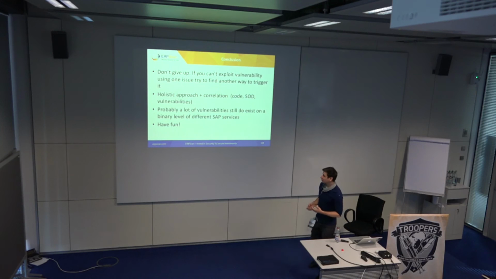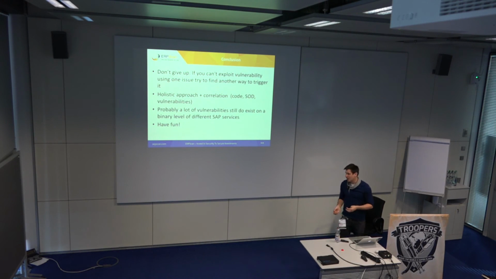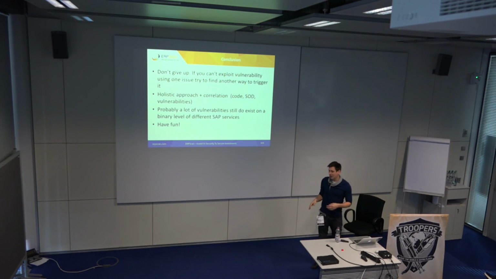In the present, an attacker uses a chain of exploits, and as you can see in the previous talks, all guys use a chain of different issues for getting access to the system. That's why it's very important to look closely not only at highly critical vulnerabilities but also to try to correlate different issues and understand how they can affect the system, and of course implement all security notes